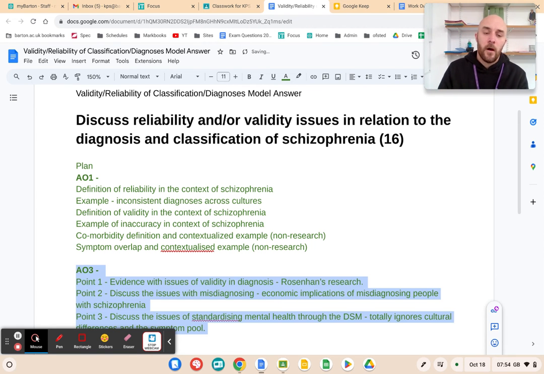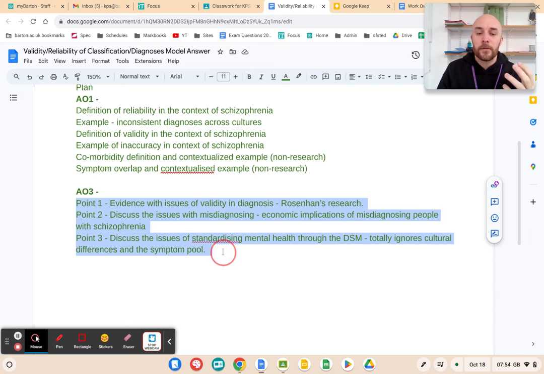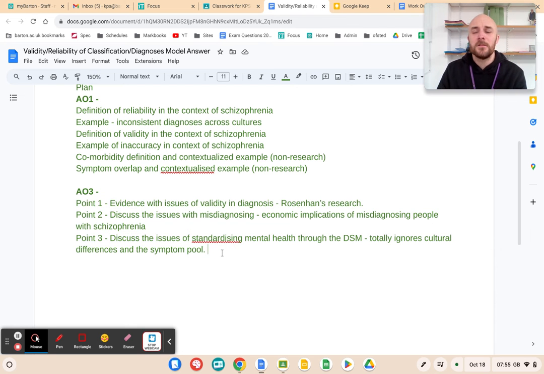So I've gone for these points. Now, different teachers have different pieces of advice. They have different philosophies, different ideologies about how many points you have to put in. I tend to go for 3 points for my students, but more detailed, more elaboration. If your teachers go for 4 points or even 5, you're going to have to find 2 extra points here, which for this bullet point I think is harder.